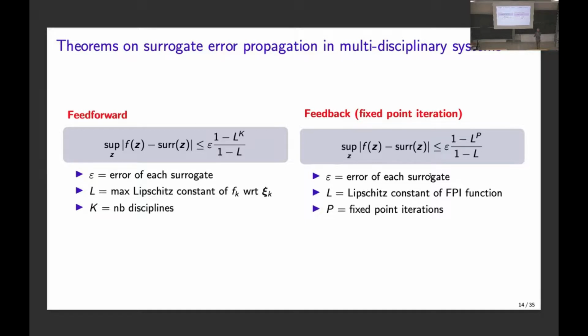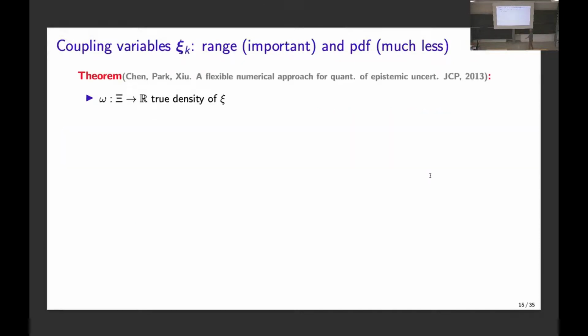Even if you replace each block with its surrogate, as long as each block has an input-output map that has Lipschitz continuity with respect to the X's, everything works fine, okay? So this is not very important. What is more important is this. And this is the only theorem that I want to give you. The problem is, again, I don't know the X's, I don't know their PDF.